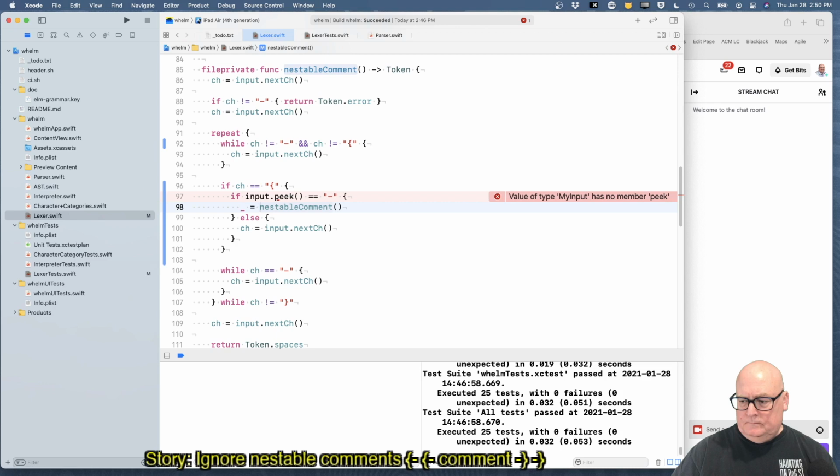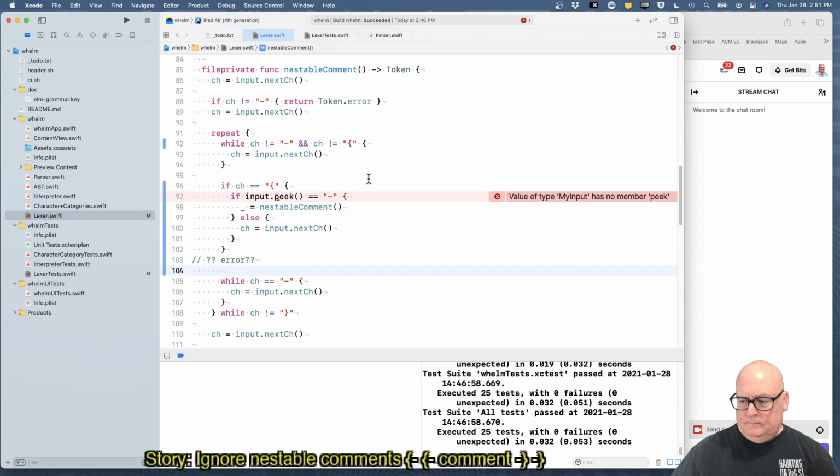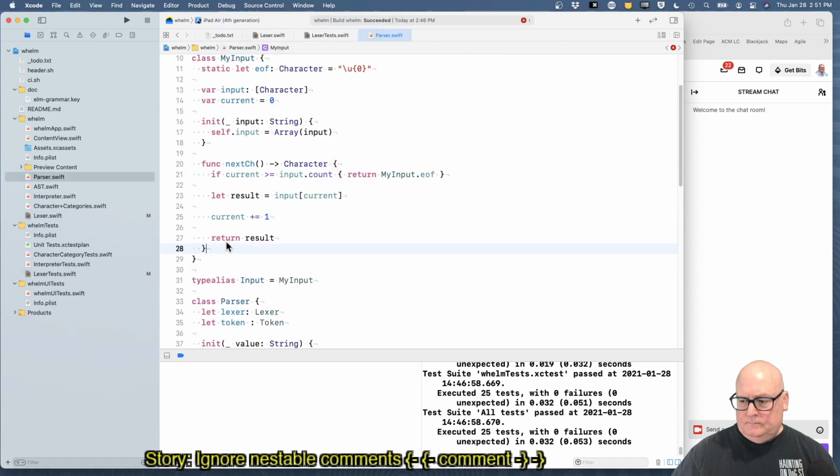While the character's a dash, well, okay, let's. I think there's an error here. I think. Okay. We'll see if our test case catches this. All right, but input.peek, right? I want that to exist. Okay, and input.peek is a function returning a character,